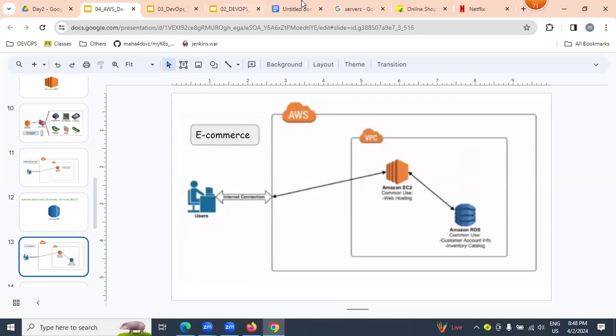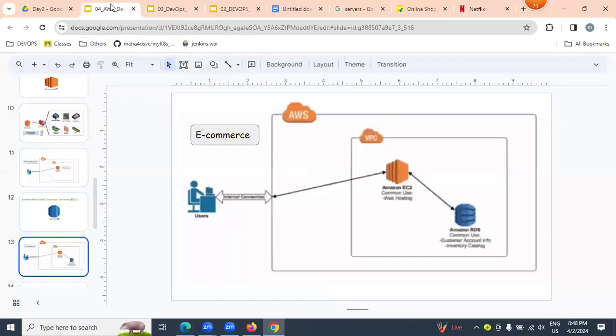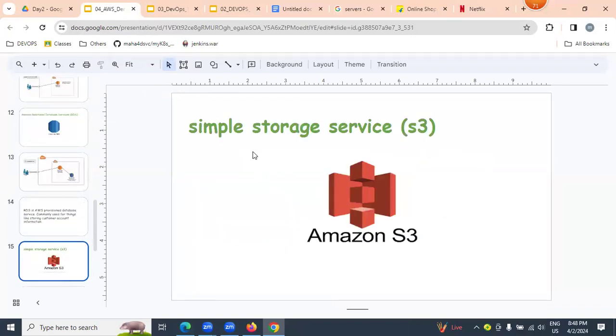It's okay. But for what purpose do we use Netflix? For watching movies, web series, whatever it may be. If there is a larger video file of more than 3 GB, can it be inserted into the database? No, not possible. That's the reason we use Simple Storage Service, S3. Totally how many S's? 3 S's.